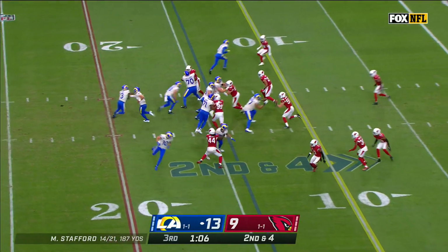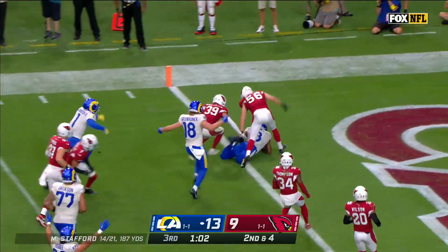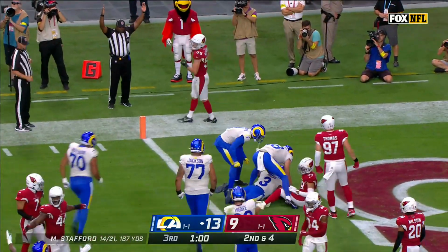Motion from Kupp. The give is to Akers to the edge. Akers inside the 10, inside the 5, leading to the goal line. Touchdown,